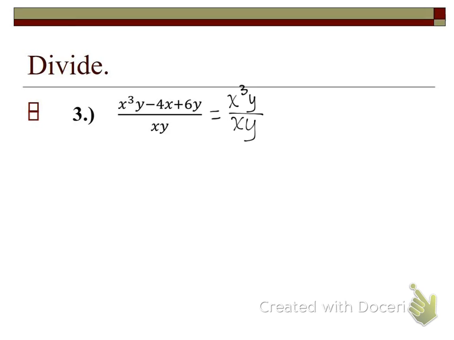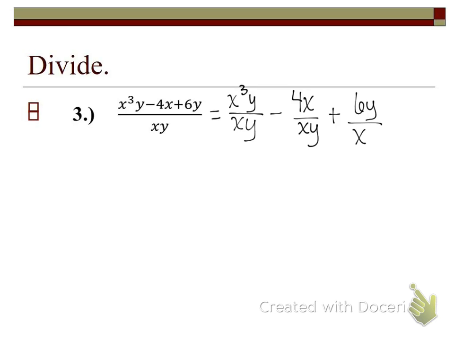Okay, now what symbol do you think I need to put next? Subtraction, because we have a minus sign here. So I'm going to use that minus sign. What's the next term after the minus sign? 4x over xy. What symbol comes next? Plus, next term,